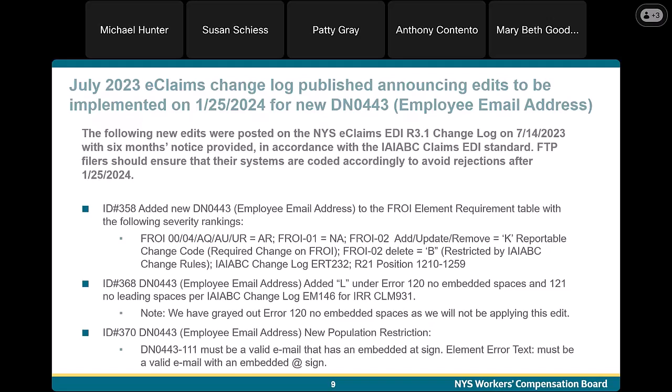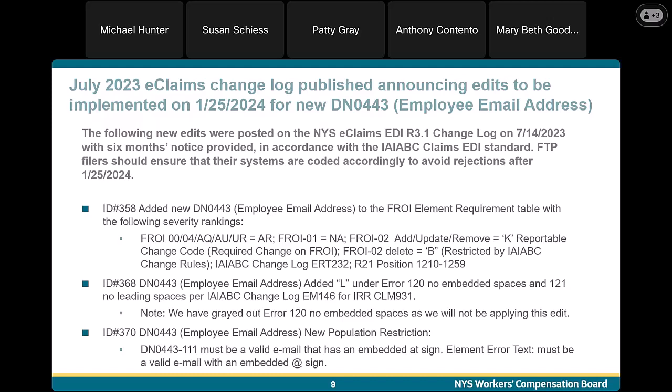Change log item 368, again, the same DN. We added L under error 120, no embedded spaces, and 121, no leading spaces per the IAIABC change log. And please note that we've grayed out error number 120, no embedded spaces, as we will not be applying this edit.